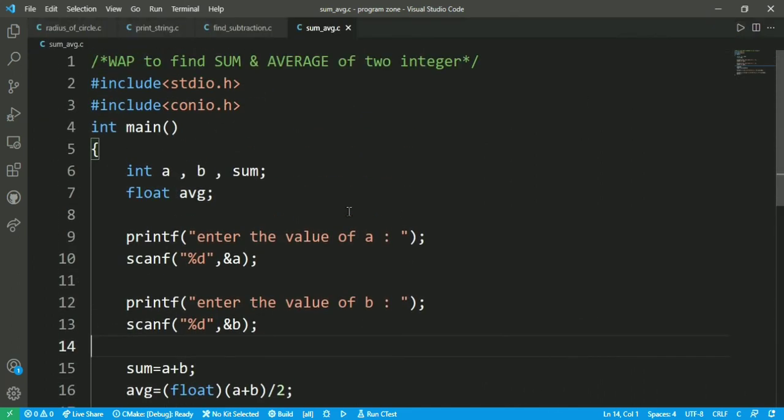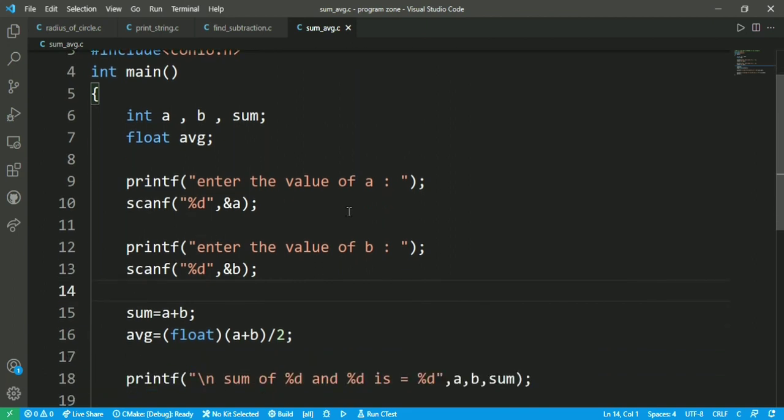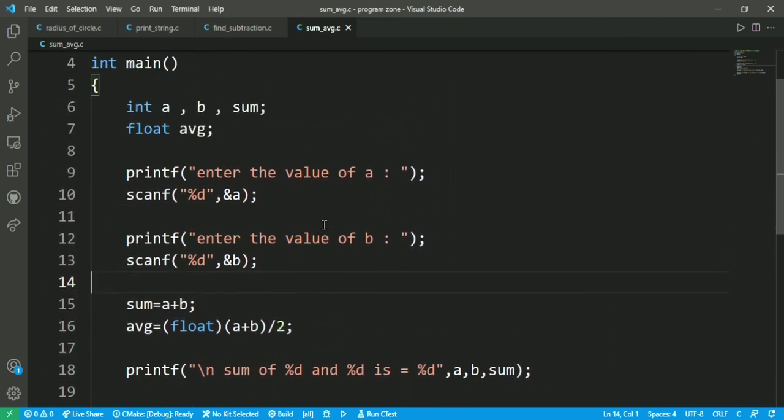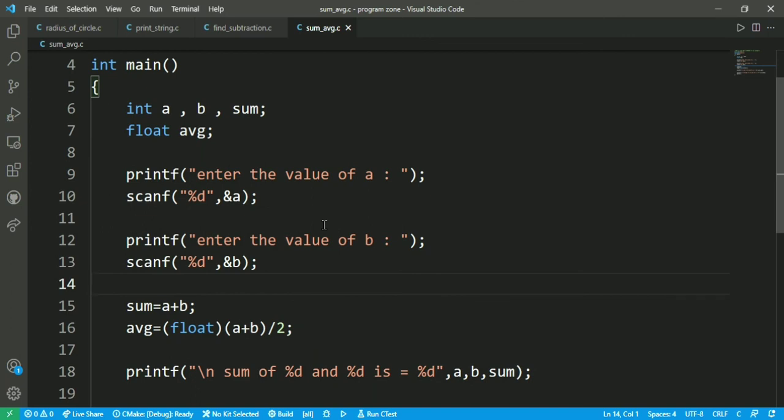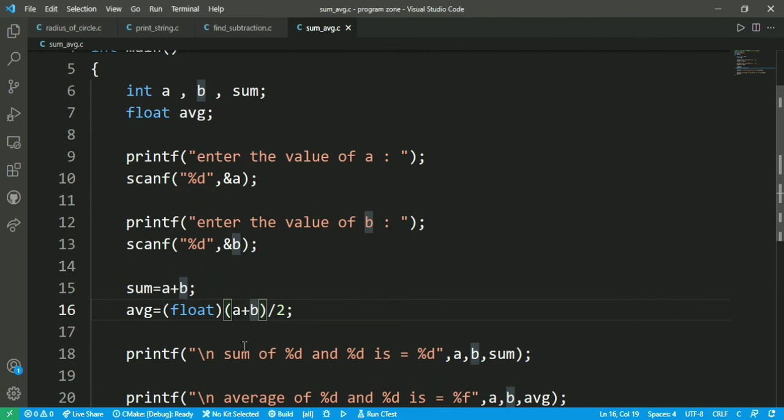This program may help you find the average of n number of variables and n number of elements. If you want the average of 10 variables, then put it as a plus b plus c, up to the tenth number, and you will be able to get the correct answer through this program.